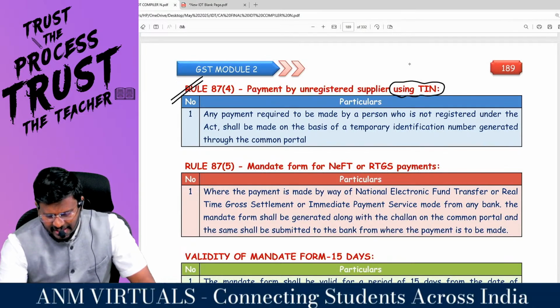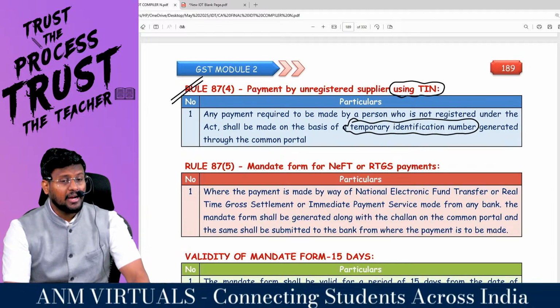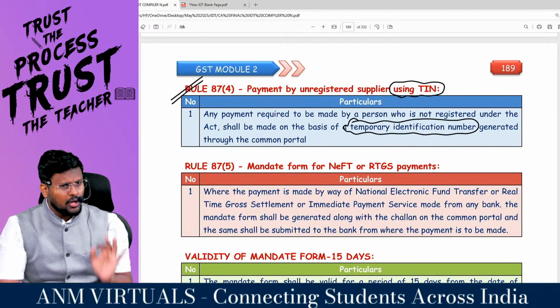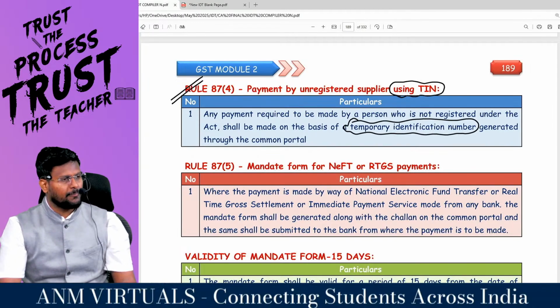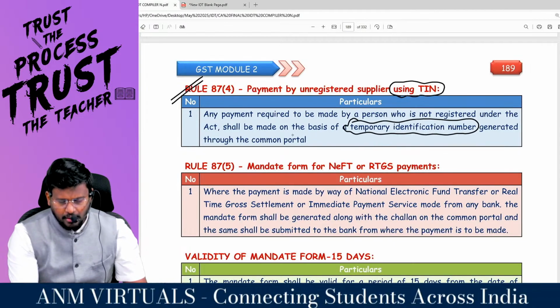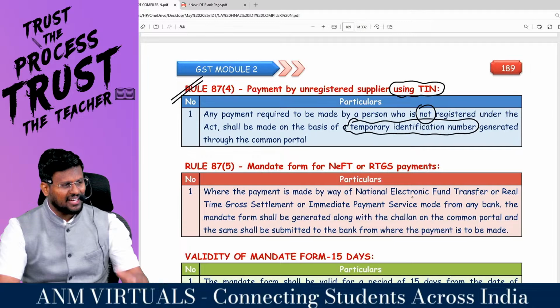Unregistered person. Then TIN, temporary identification number. What number, man? Temporary identification number. This may be a 1 mark MCQ for you. TIN stands for temporary identification number. So any payment required to be made by a person who is not registered under the act